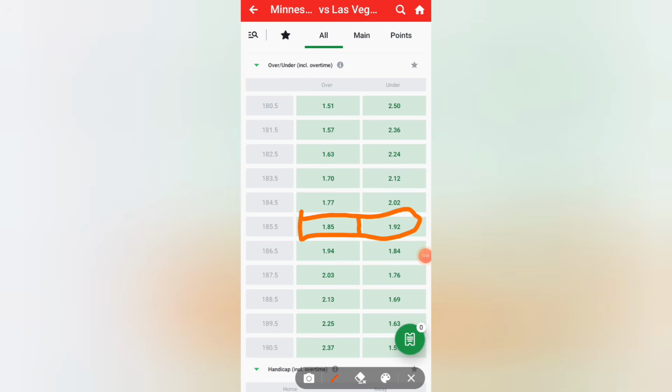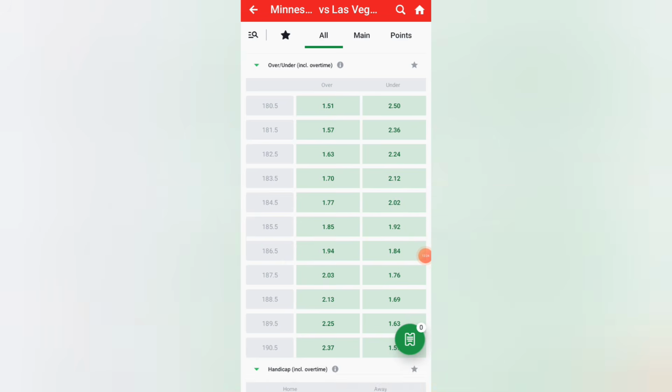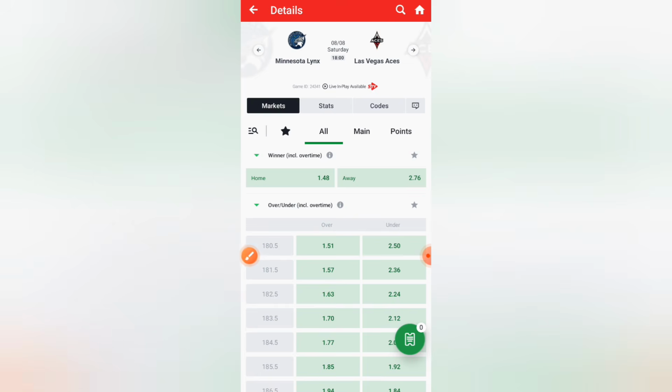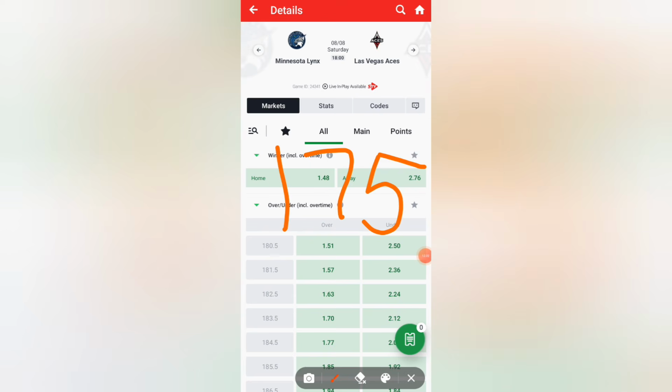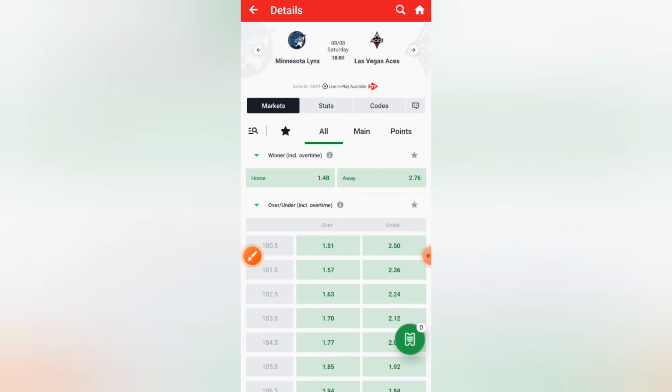So this game is naturally over point, but it is not aligning with the risky line. Even if you want to take the risk, you should not be taking any risk above 175. You should not be playing anything above 176. No, don't play over 176. You are taking a big risk. 175 on its own is a risk. So the bookmakers know what they are doing, but probably they will still provide lower odd lines, and let's see how it goes.